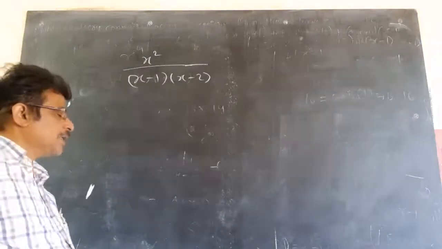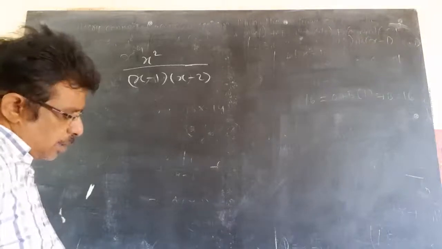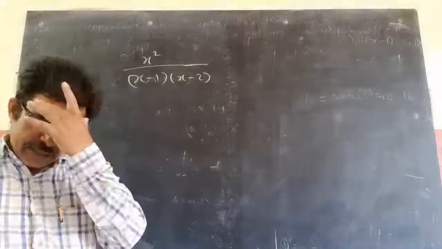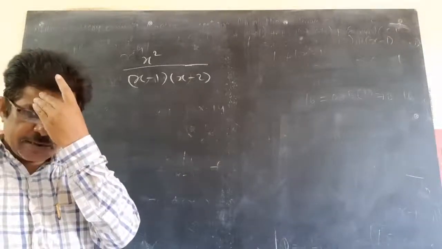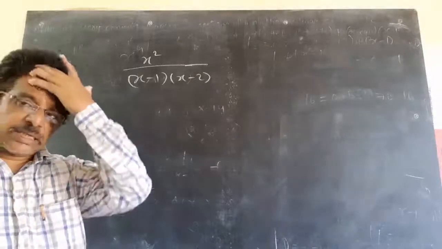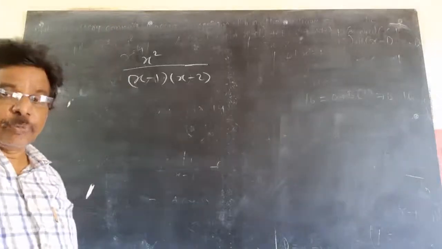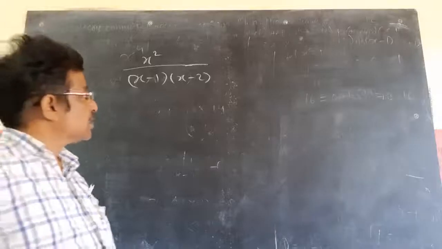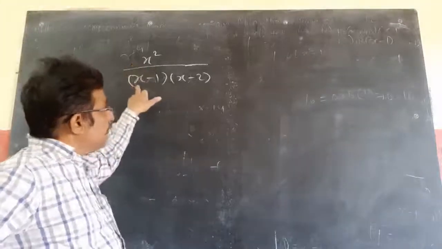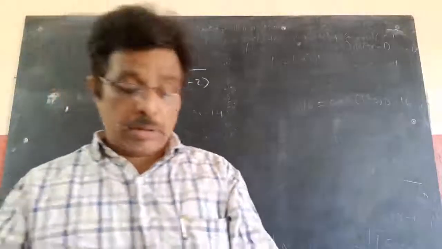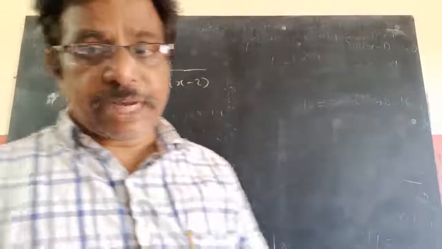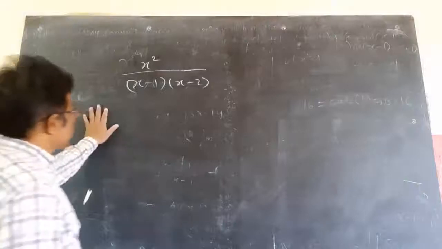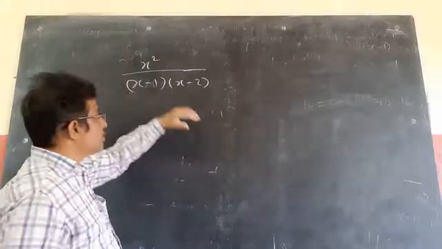If both are of the same degree, you can go for the previous method, ordinary division, then quotient plus remainder by so and so, and then factorizing. That is one way. Anyhow, if both are of the same degree, there is no need to do that lengthy method. Simply take the coefficients of the highest power. Here this is an improper fraction whose numerator and denominator are of the same degree. Then take the ratio of the highest powers.